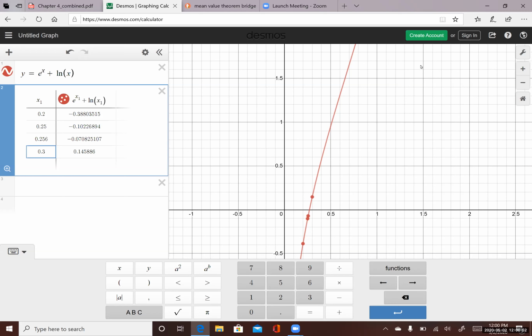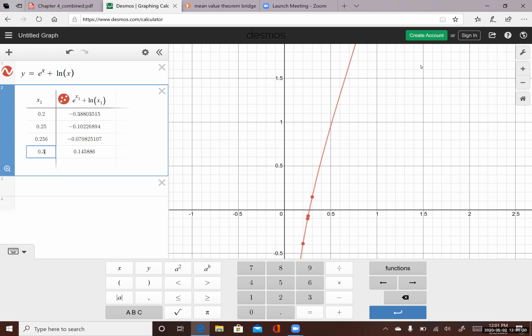So that is where I'm like, okay, using the intermediate value theorem, I can say that since the function on the interval from 0.2 to 0.3 goes from negative to positive, right? Because if you plug in 0.2, you get a negative value. You plug 0.3 into your x, you get a positive value. So using the intermediate value theorem,